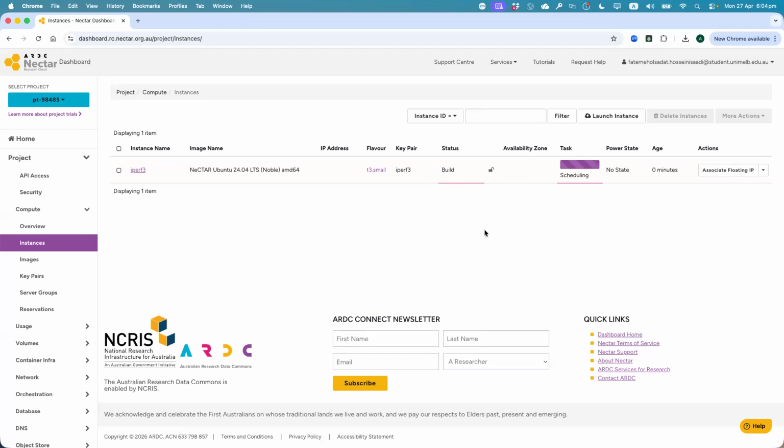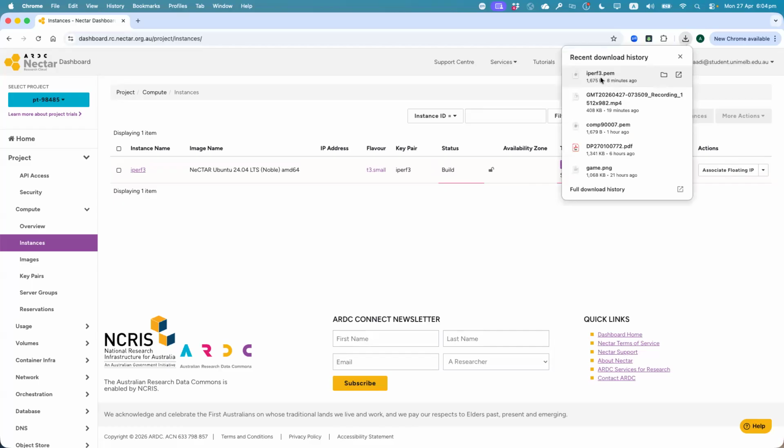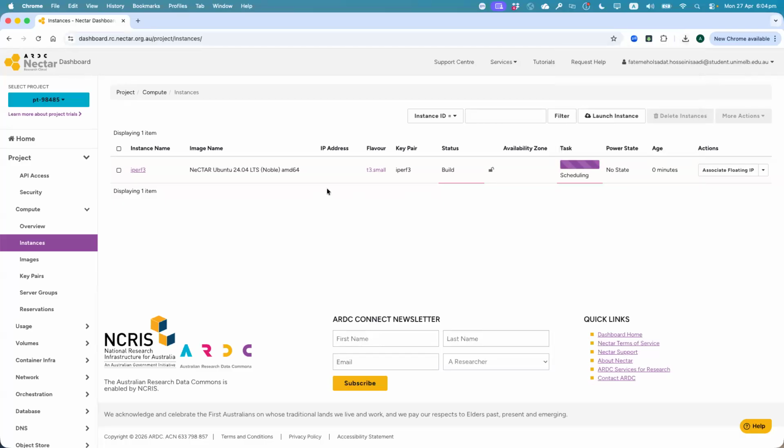So if you remember, your key is here, it's saved in your download files or anywhere you asked, and you need this key to connect to this VM. So when the VM is ready,